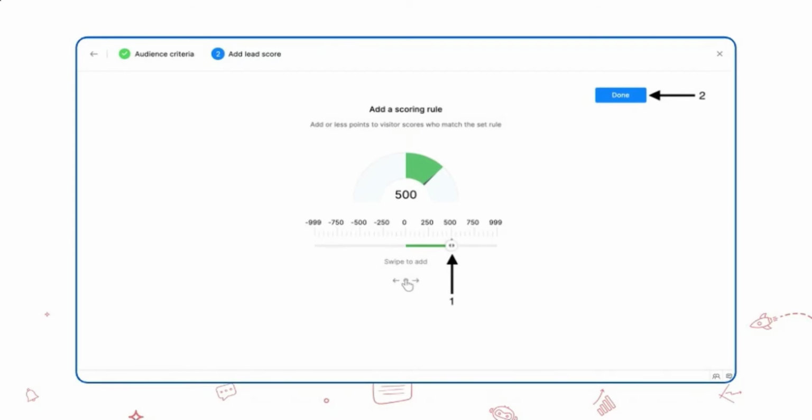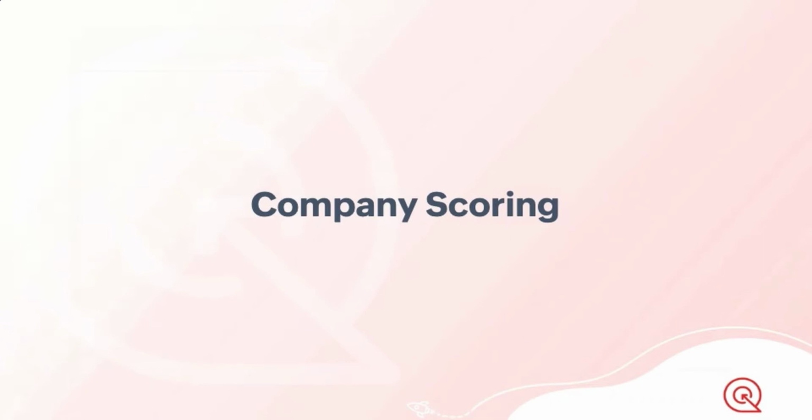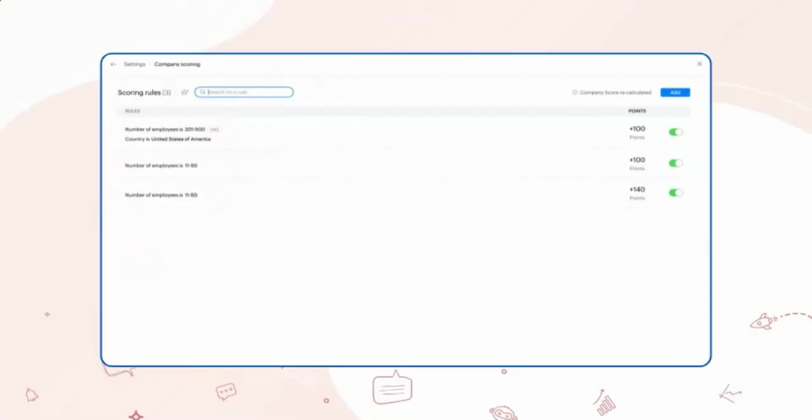So then you have company scoring. So this is the cumulative score that's obtained by visitors of the company upon satisfying the defined rule. So you can identify the company that matches all of your requirements and then engage with them right away from the portal without having to carry out external research. And what's best is that there are no third party integrations that are required. So this also has a similar